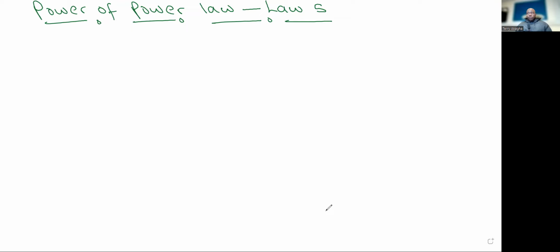Now, the power of power law is similar to the laws of indices. The law states that when an exponential function is raised to another power, you just multiply the powers together. I'm going to write it down because I'm aware some of you take notes. So we're going to say that the power of power law states that